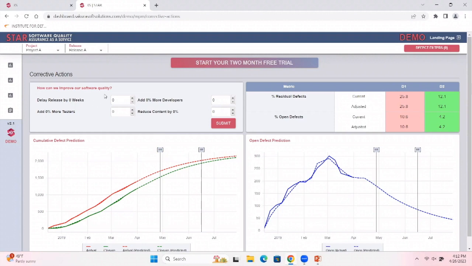Just to give you an idea how that works, if I say delay 3 weeks, here it is. Notice the bar is moved to the right, and the table shows you the 25.8% to 18.6% change to yellow. So that's how much you can improve, okay? And let's see one more. If I reduce the content 3%,